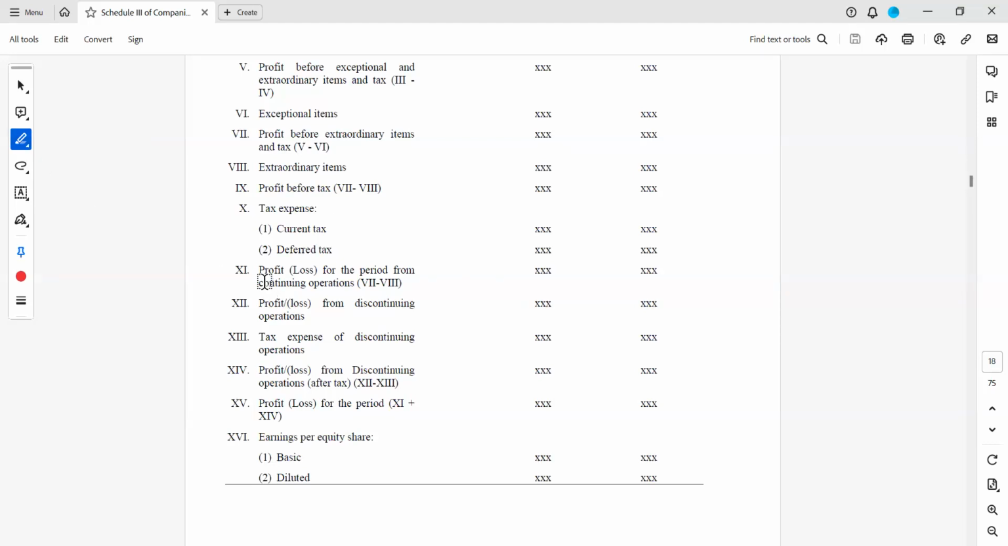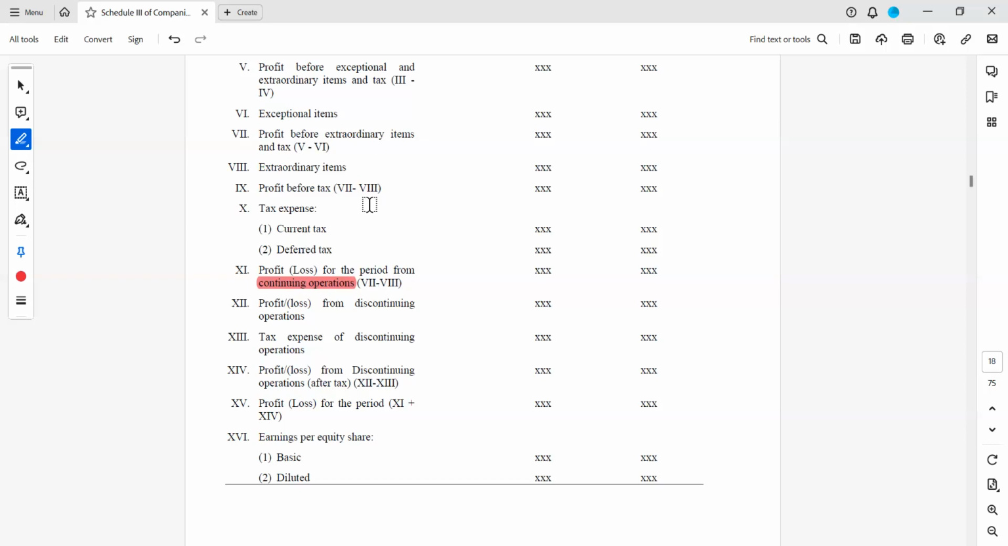Here you have to be careful. See, this is what they are saying. Till now they have not told anything about continuing operations. So you have to be careful here. They are saying that profit or loss for the period, whatever period you have mentioned,